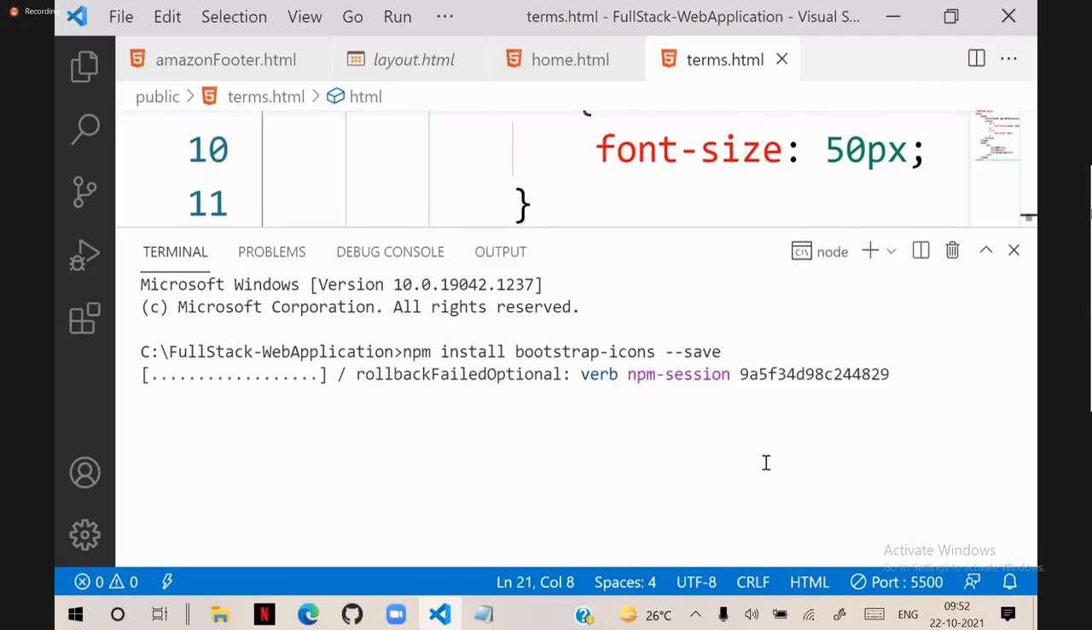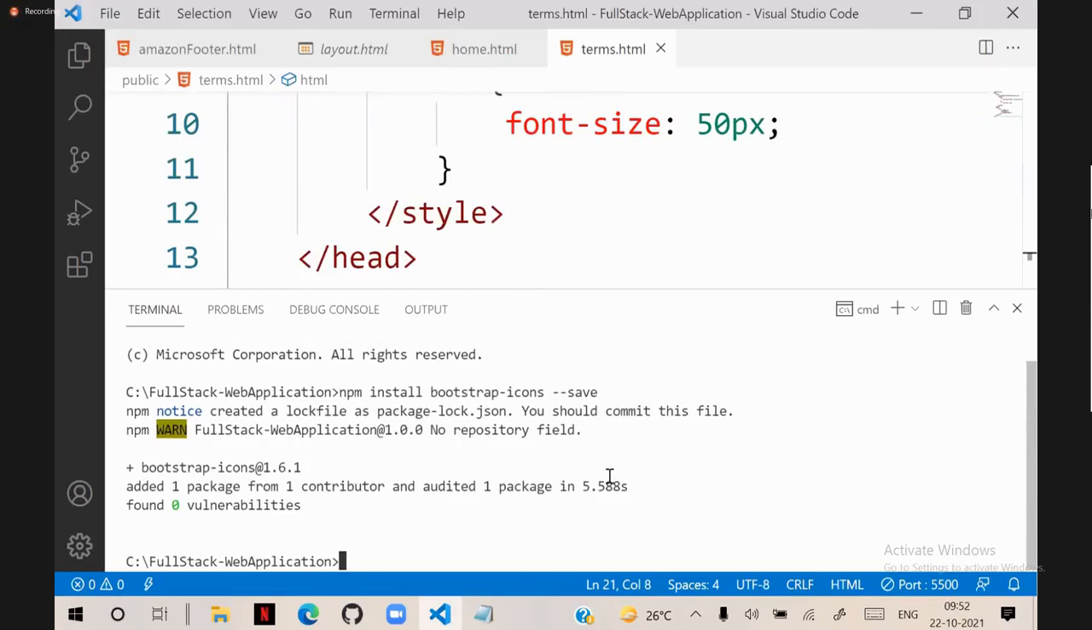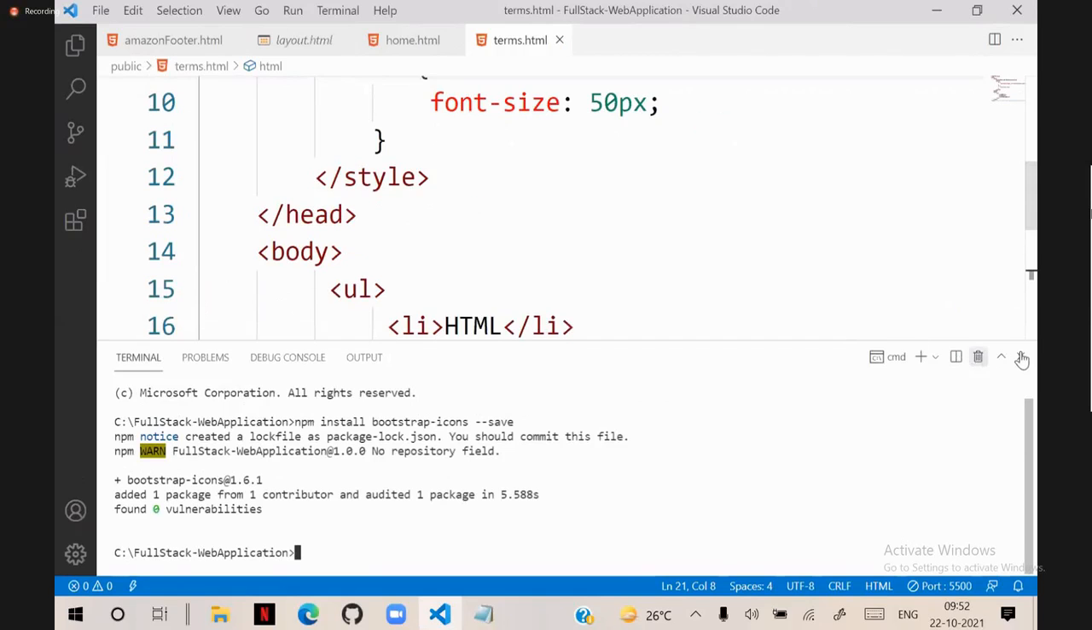This is an online command. You need to be connected with internet, because it will connect with internet, go to their website, download the files from there and keep in your project. Make sure that you are connected to internet to run this command, right? And once it is done, it says successfully installed. Once it is successfully installed, you see now in your project,